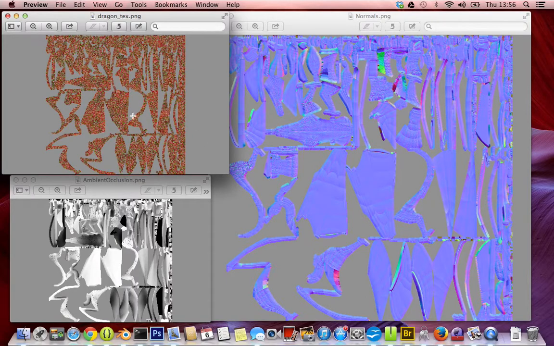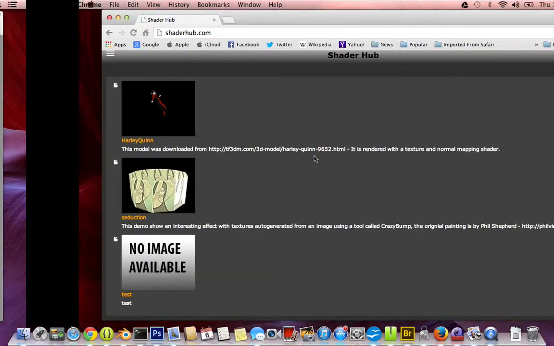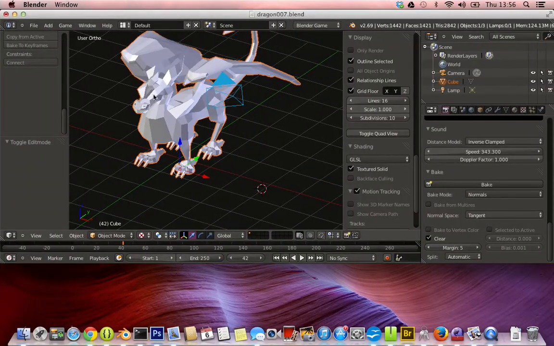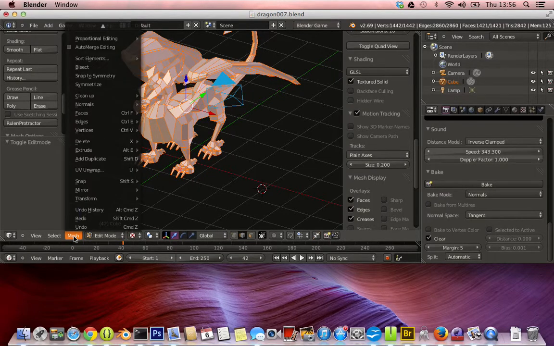I haven't done any definition for eyes or teeth or any kind of detailed texture mapping. If you want to do that, you can do that. I might do it at some stage. Basically the idea is you'd have to slice the mesh up into parts that you want. So I go into edit mode and mesh. You've got this,